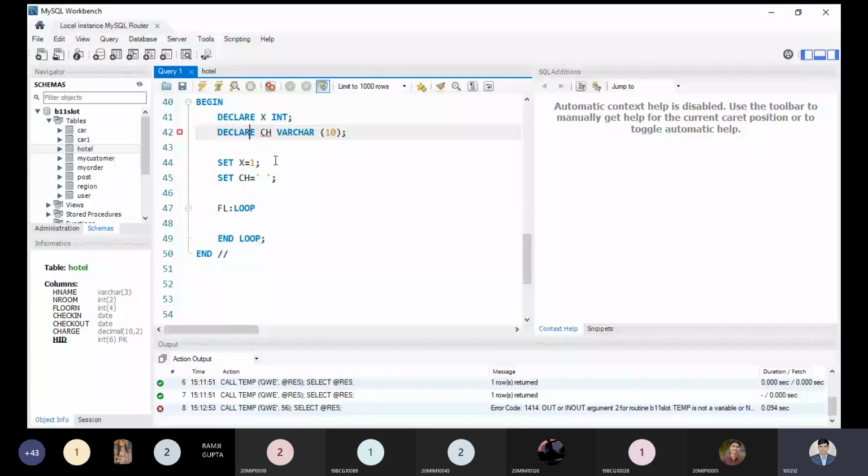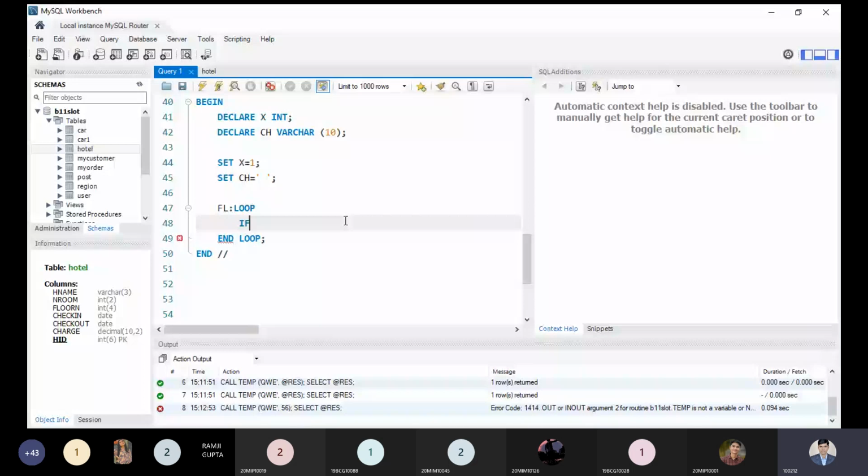First of all, if x is greater than 10, then let me write the end if first, and then what should happen? Then leave FL. FL means loop. It should be terminated.